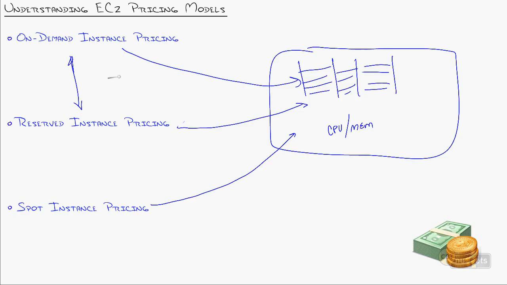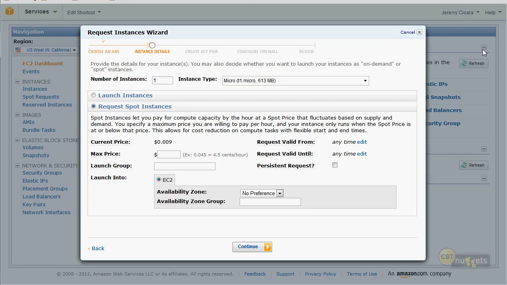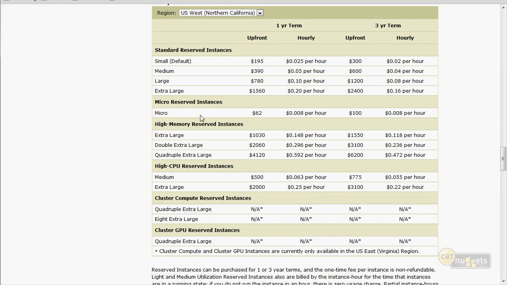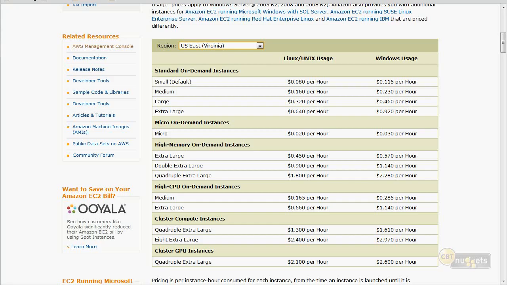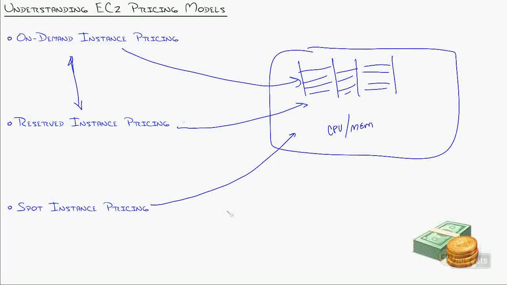Now, what I could do, I mean, you could come into this game. Let me bring up my reserved instance. Let me go back to the on-demand pricing. Here we go. Normally it costs almost. Let's go with this one. Just over $1 an hour for a double extra large server. What I could do with spot instance pricing is say, well, I want to bid for 25 cents. I want a double extra large server, and I'm only willing to pay 25 cents per hour for a Windows usage. Now there are some bottom limits. I'm just throwing this out there as an example. So your bid comes in 0.25 for a double extra large.